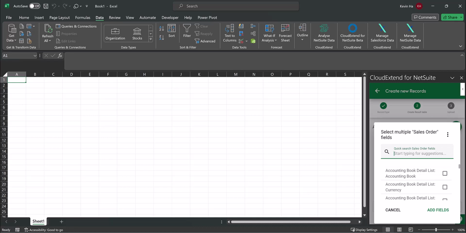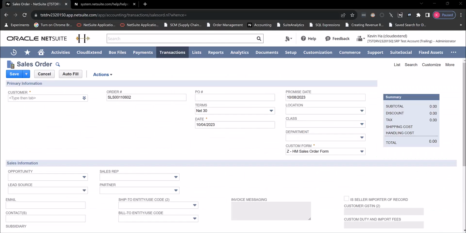Now let's move on to determining required fields. This is essential to make sure that your data meets NetSuite mandatory field requirements. To identify required fields, you're going to go into your record forms and you're going to see fields that have the red asterisk next to it. So any fields that has a red asterisk next to it is a required field that is set by your NetSuite admin or by NetSuite. So in this case, customer is definitely required. So that's the field that you want to add into your CloudExtend template, whether you're creating or updating your sales